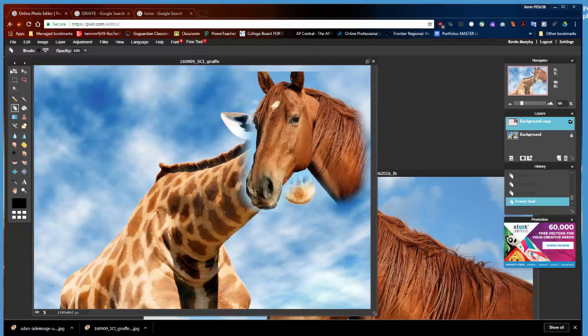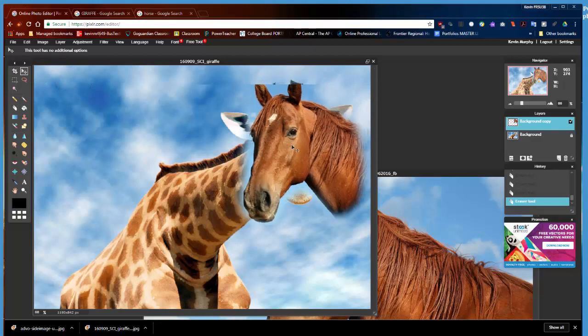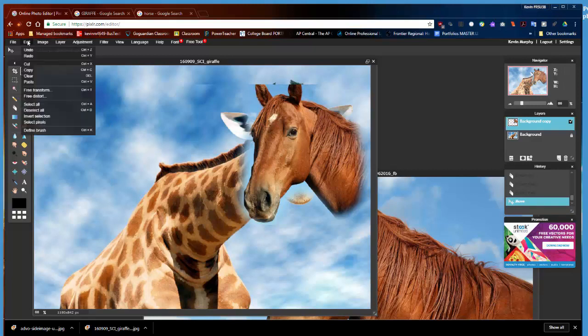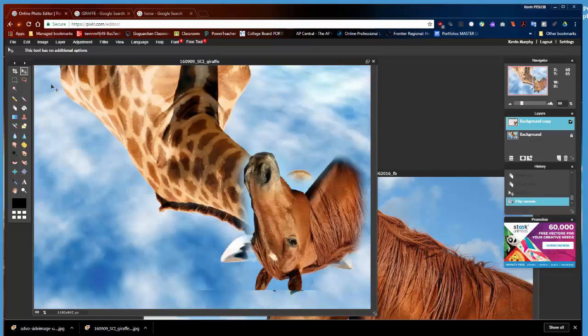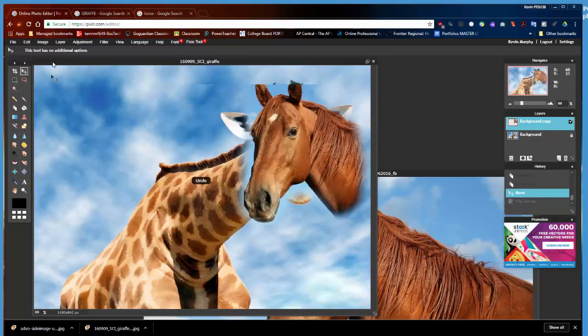All right, now that I've done that, I'm going to look at it and say, well, it's facing the wrong way. Well, how would I flip that? I believe it's under Image, Flip Vertical. Nope, wrong one. No, sorry, it's flip horizontal, but actually it's doing the whole image, not the